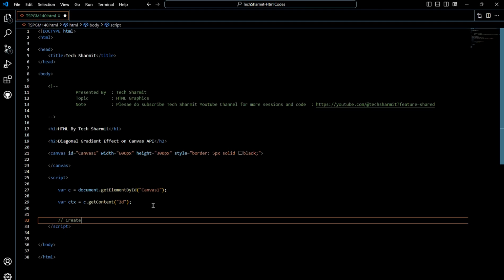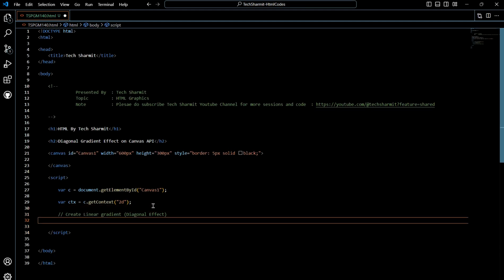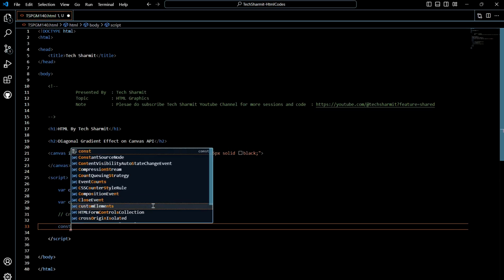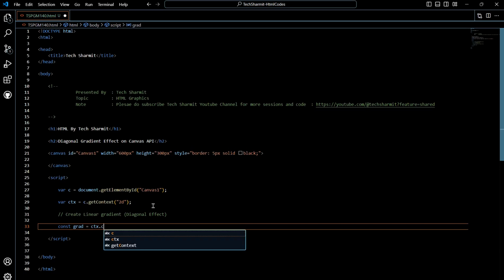Create linear gradient, diagonal effect. Okay, so now to create this diagonal effect, we will write here const grad equal ctx dot createLinearGradient,